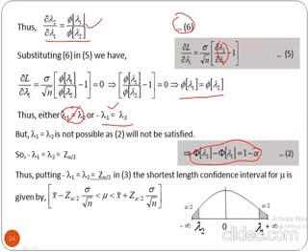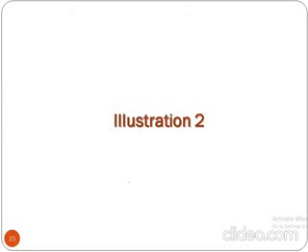Now if we look at the graph of this normal density, then we find that this will hold for the value z alpha by 2. So accordingly, in the formula for the confidence interval, in place of lambda 1 and lambda 2, we now replace the value of z alpha by 2, and accordingly we get this and this. So this gives me the shortest length confidence interval for the mean mu of a normal distribution when sigma is known to us. Let us take up another illustration.